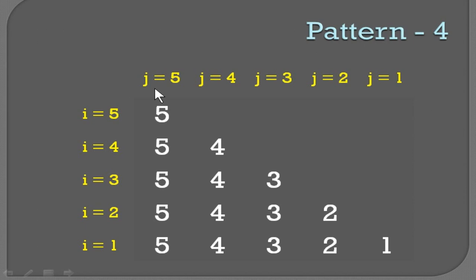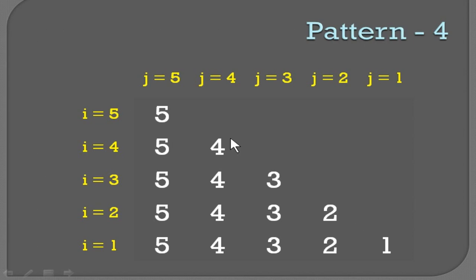And you have to find the inner loop. Inner loop, you cannot make out from the first row, you have to go to the last row and see the j value, start value is 5, end value is 1. Every row j value is starting with 5. So that means the start value is constant, end value is changing. You can see that first time it is 5, second time it is 4, third time it is 3.